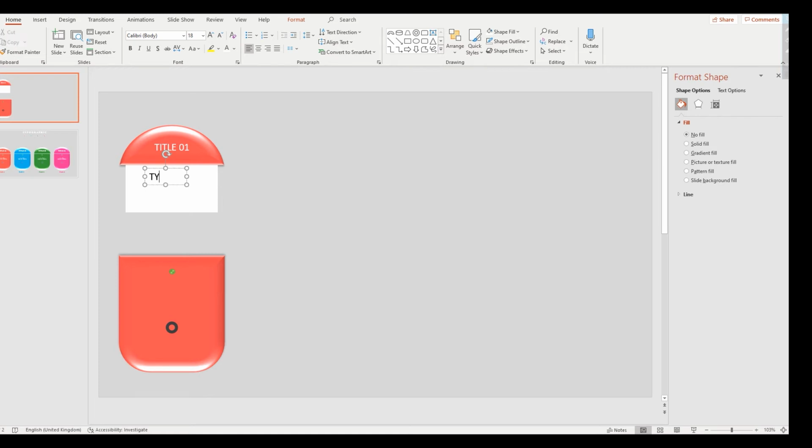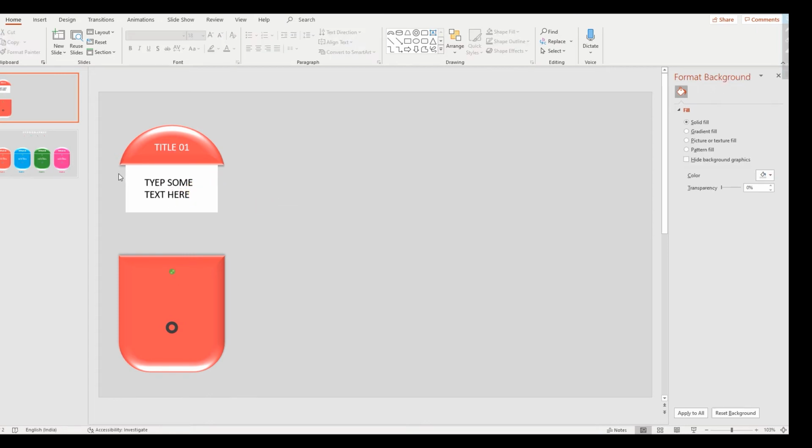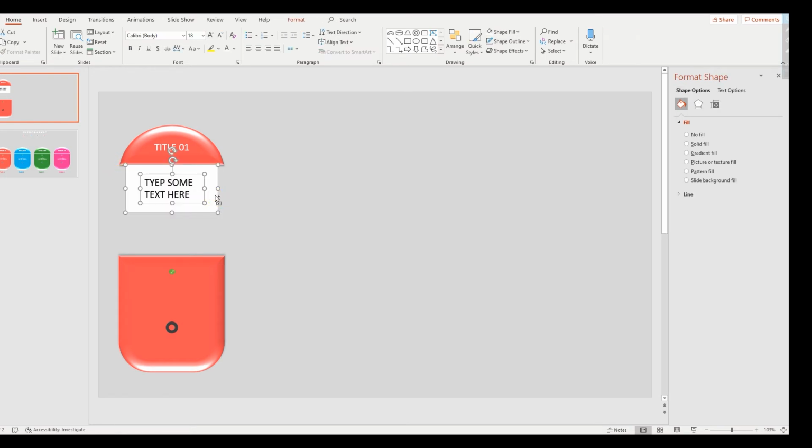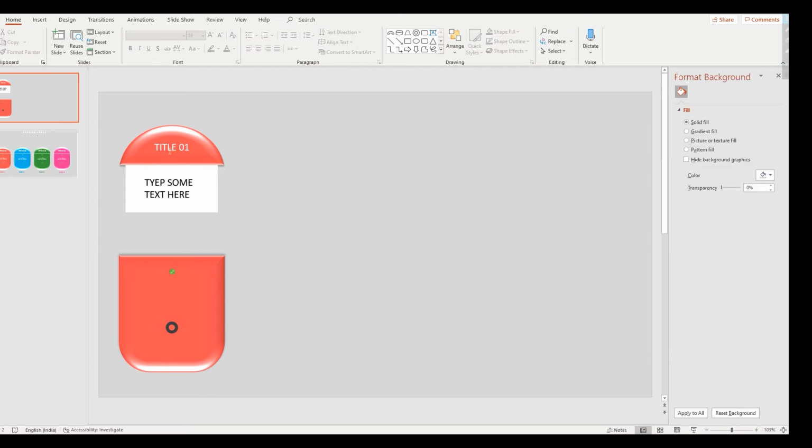Type some text here for reference purpose. Whatever you want, you will type that text here. When you are creating the slides, make these two as a group, rectangle and text box. So now select cap and two groups.